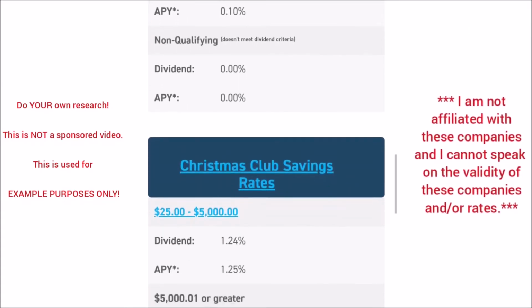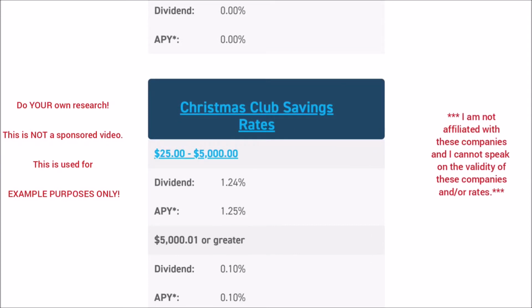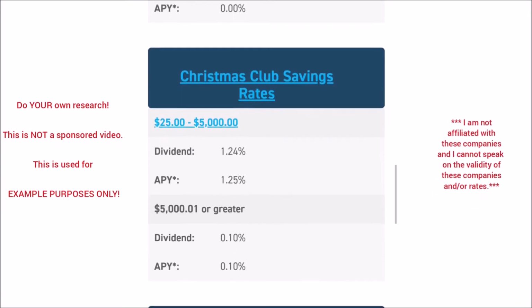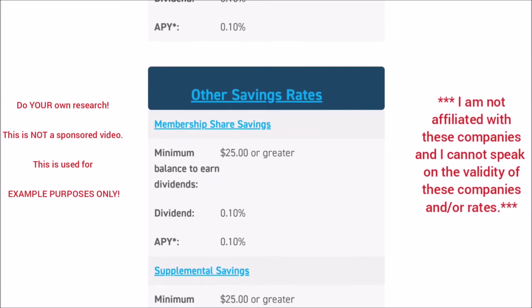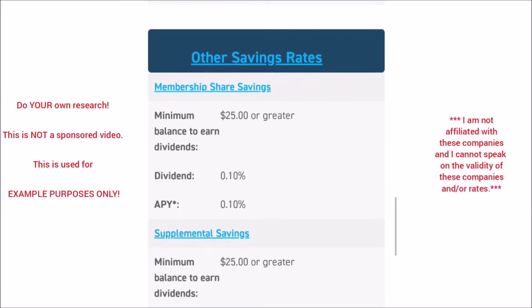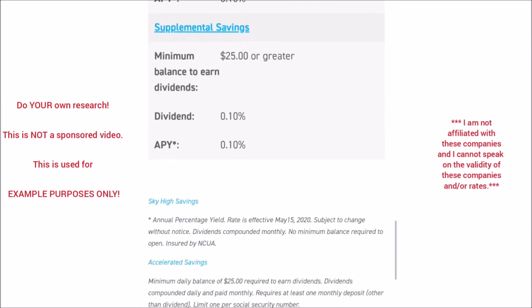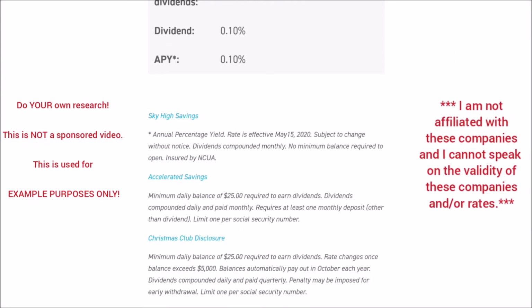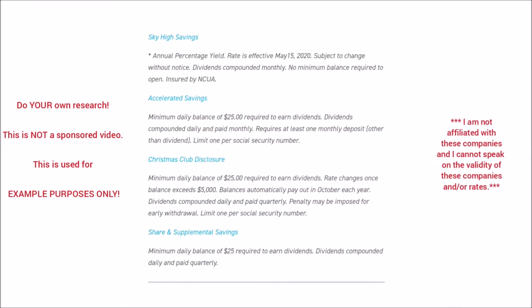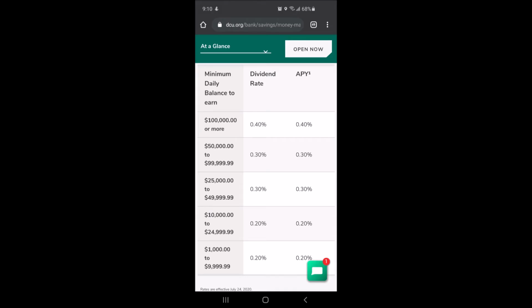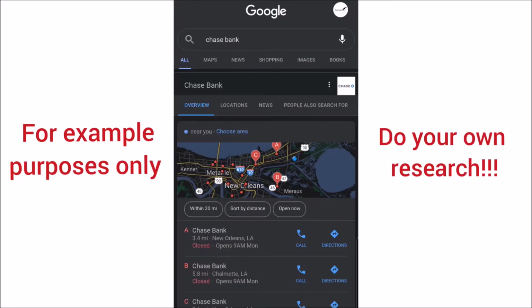Accelerated savings. In blue, you will notice the amount that you can have in that account to get those particular interest rates. Again, you have to do your own research, but you'll learn more and you'll know what to look for as you keep looking at different accounts. Pay attention to the fine print. It gives you the dates that these rates are effective, and if you have to have a certain minimum balance. This next screenshot just gives you the interest rates on accounts over $100,000.